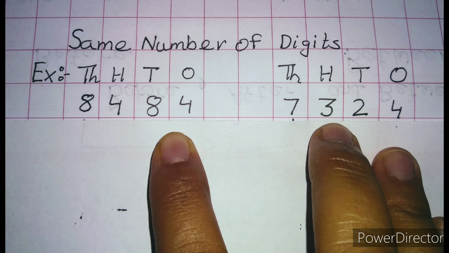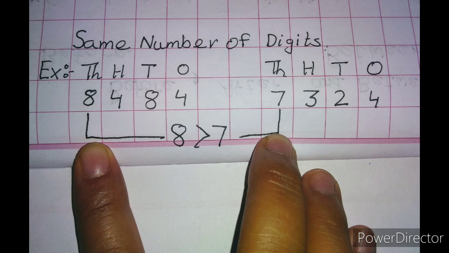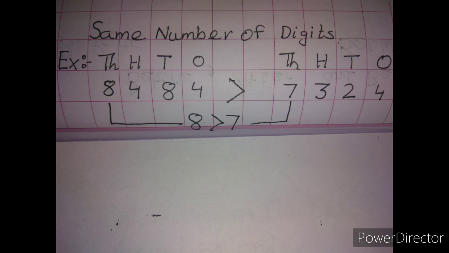Now suppose another example. Same number of digits. The example is 8484 and the other number is 7324. Both sides, 4-digit numbers are there. So we will compare the figure from the 1000 digit. In 1000 the left side has digit 8 and in the right side the digit is 7. So the alligator will open its mouth. 8 is greater than 7. So alligator will open its mouth towards